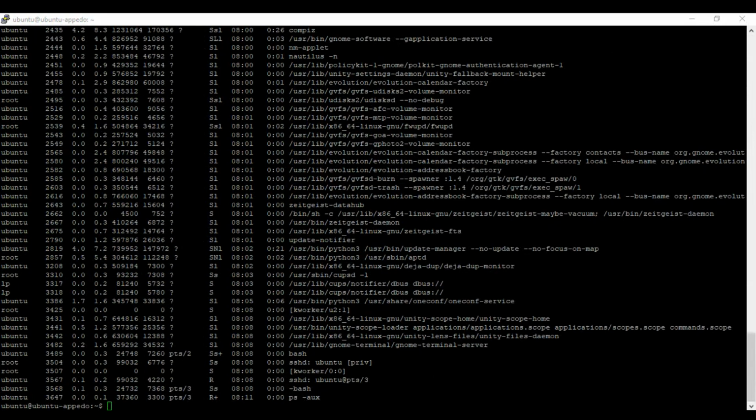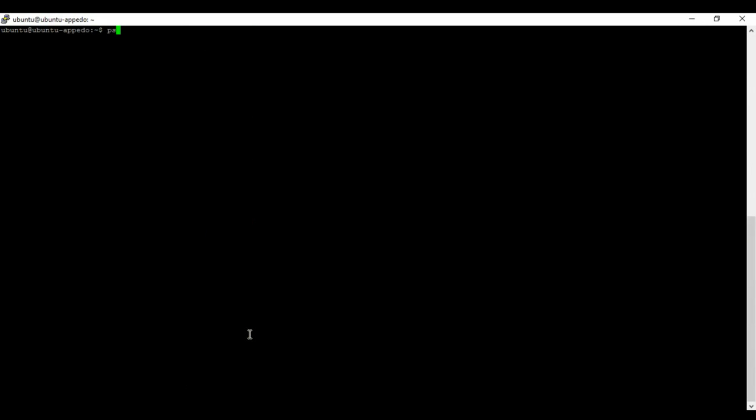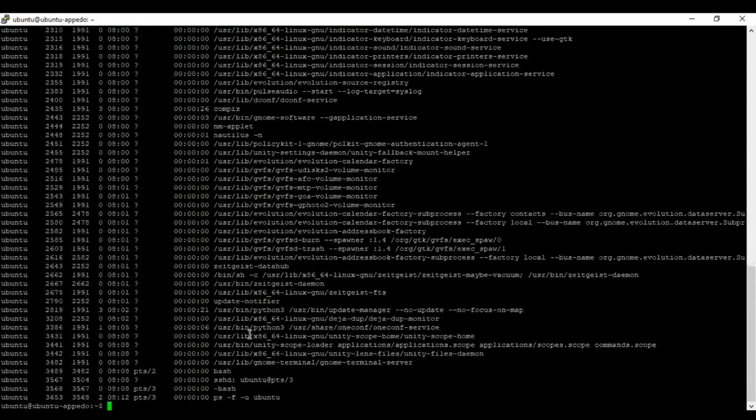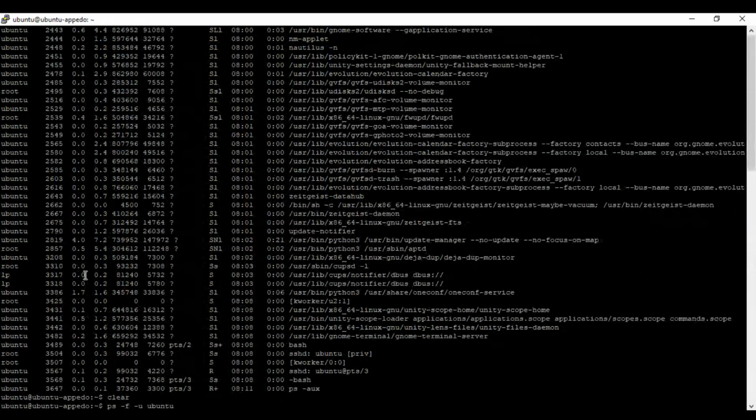So what are the various options that are available in the ps command? If you issue ps -f and -u followed by the username, username currently I have logged into Ubuntu, it will give you the